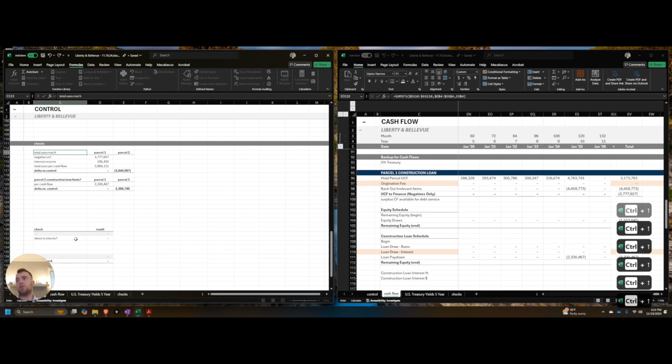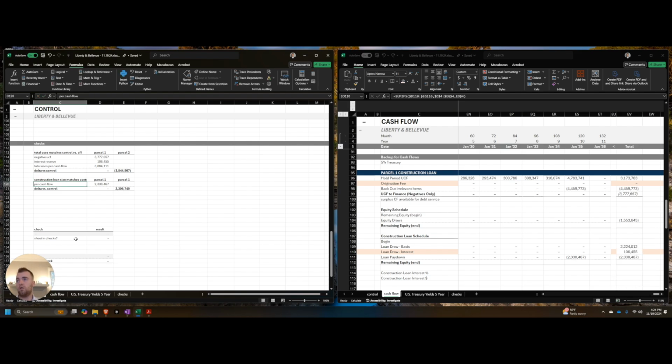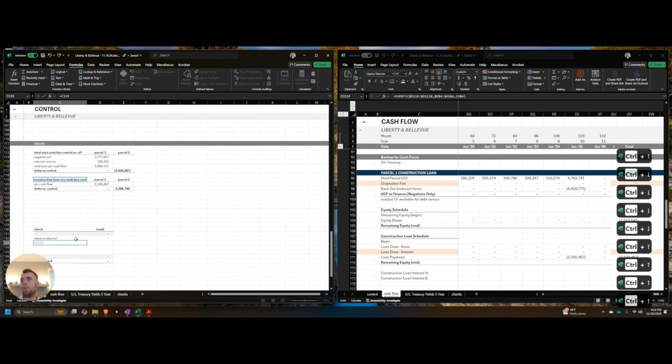Total uses matches. Control versus cash flow. Construction loan size matches. Control versus cash flow. I just want to make sure that we're telling the right story. So that's going to be that, and that's going to be that, and that's going to be